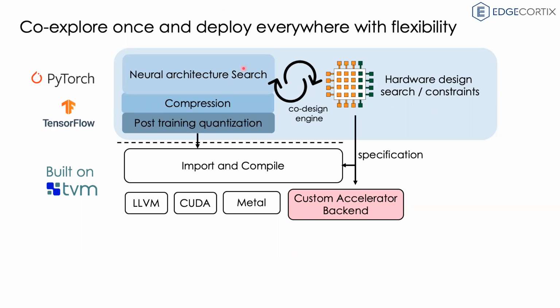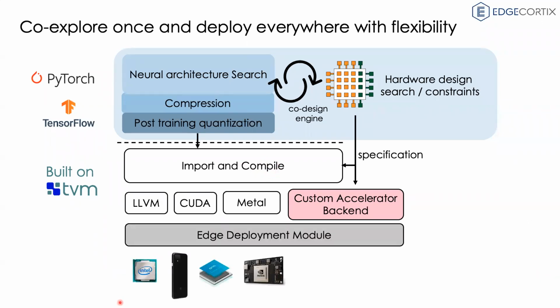So once you have searched, you could import that model and compile that once, such that a single model once compiled could now be deployed on various different devices. You can compile this same model and deploy it effectively on CPUs or x86 architectures. You can deploy it on ARM processors running, let's say, on a smartphone or other small form factor devices, or you can also deploy it directly on GPUs.